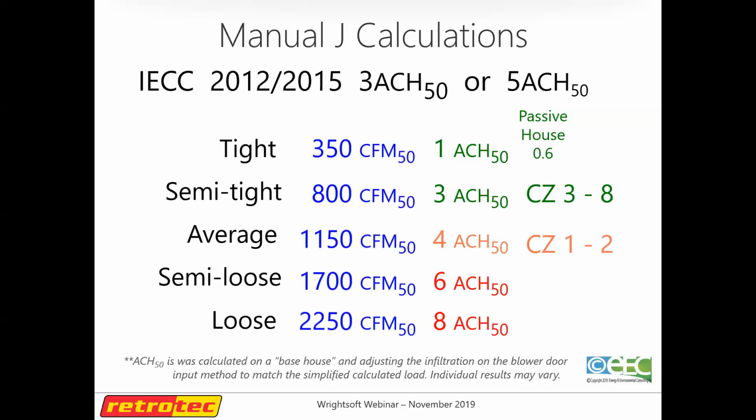If you start looking at the actual differences in air changes and load as you move your way down the spectrum, the jumps between tight and semi-tight is actually pretty small. Like these numbers are sort of ballpark, like 1, 3, 4, 6, and 8. It doesn't line up like that perfectly. Matter of fact, the way the math works in the Manual J, tight, semi-tight, average, semi-loose, and loose is called the simplified method. You can't even match it to an air change CFM 50 number or an air changes per hour number at 50 pascals,